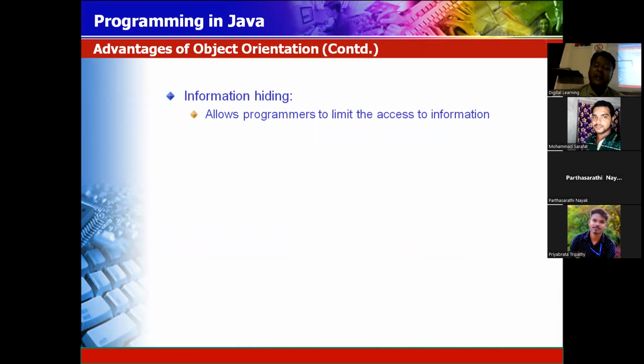Next is information hiding. Last part of the first part of OOPS. Information hiding, what is it? So when you are going to the dress shop, at the dress shop they ask you, what do you need? You need a shirt. Then they ask what is the size, then what is the range.